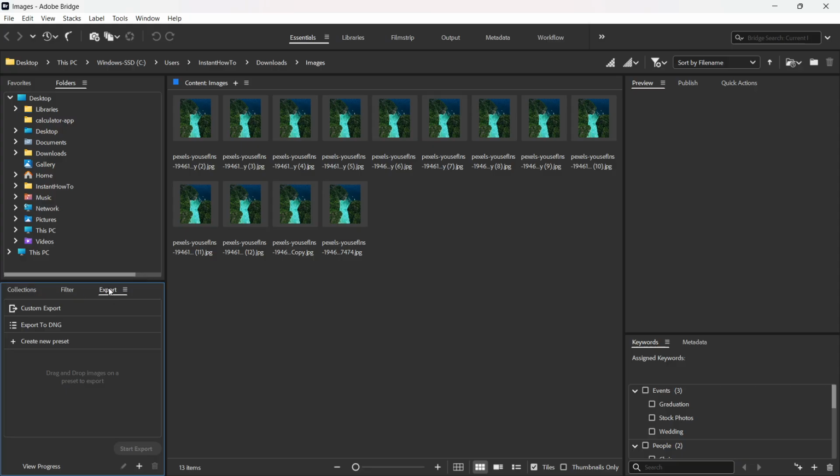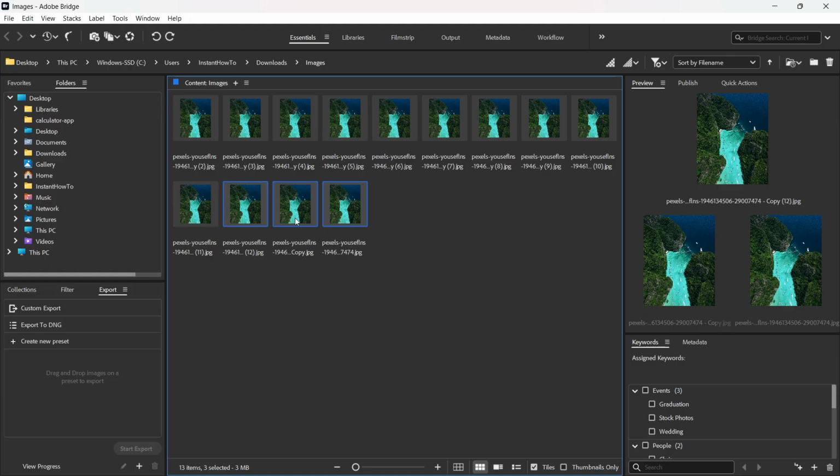So in here, if you want to actually export images with the export panel, you first want to select the images you want to export. So as you can see here, I have a bunch of images. They're all the same, but you get the point. So I'm going to just go and export a few of them. So I'm going to highlight these three over here, and I'm going to drag and drop them here into custom